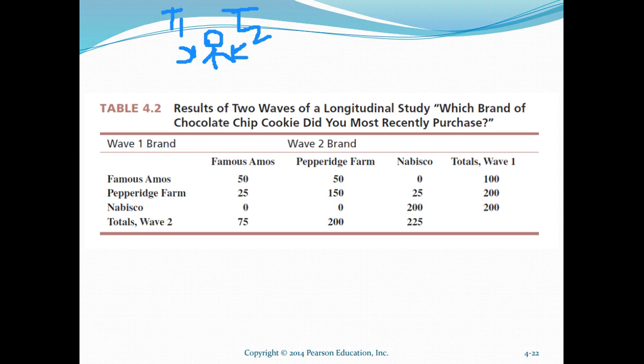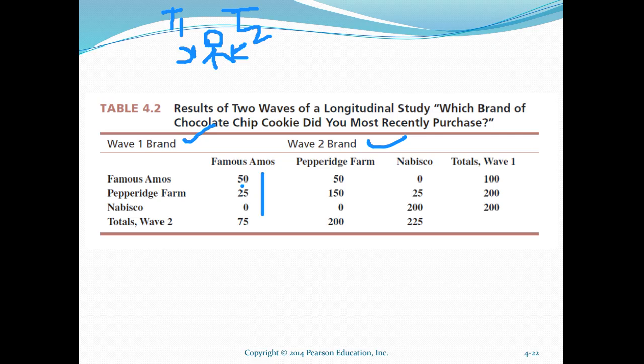So we have one brand and we have two brands. Results of the two waves of the longitudinal study: which brand of chocolate chip cookies did you most recently purchase? Famous Amos was like 50, and then let me delete it because Pepperidge Farm was 25, Nabisco was 0,